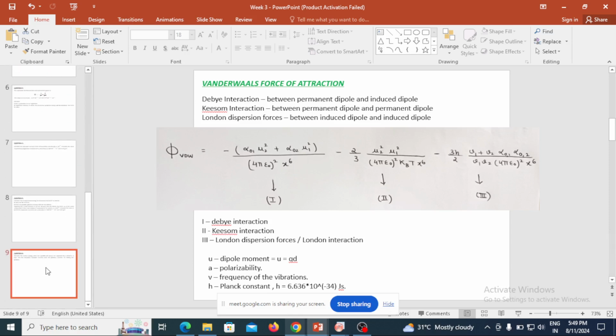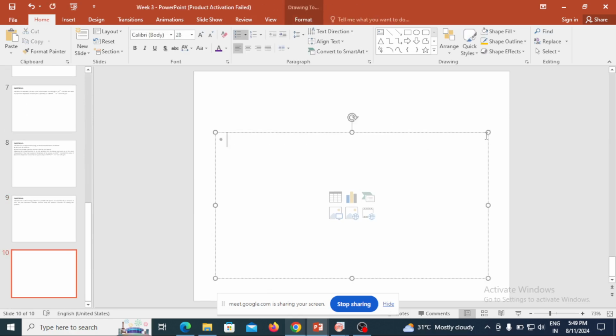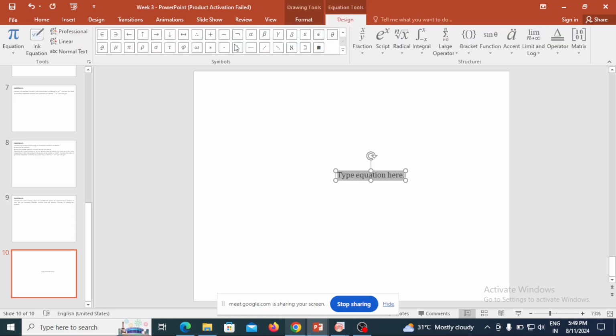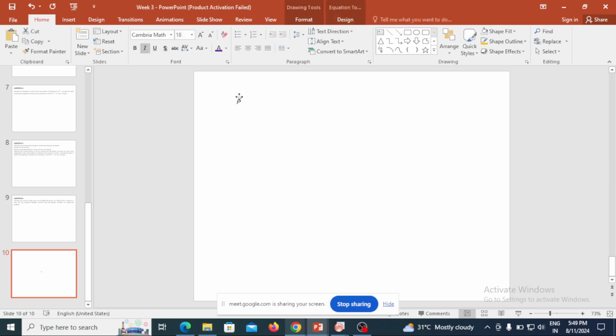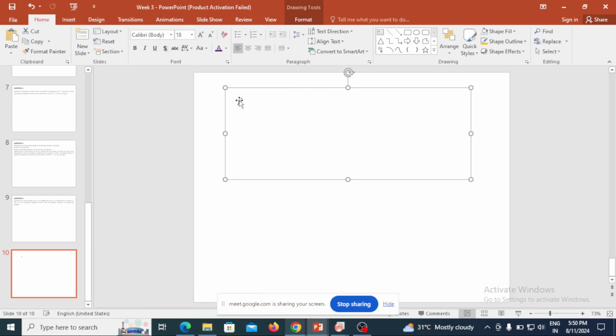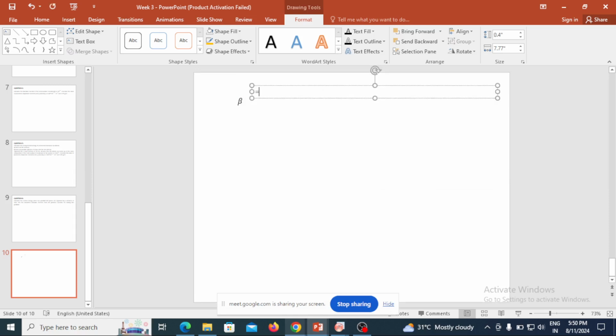Yeah, I can write the expression for beta. So just a second. So beta is nothing but it's equal to